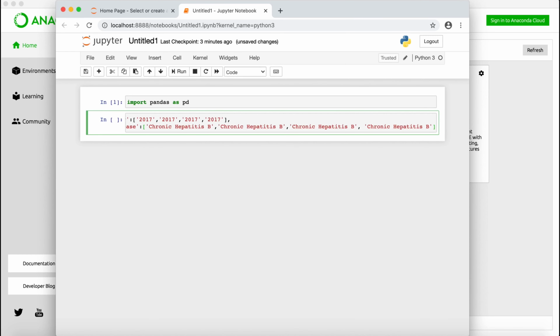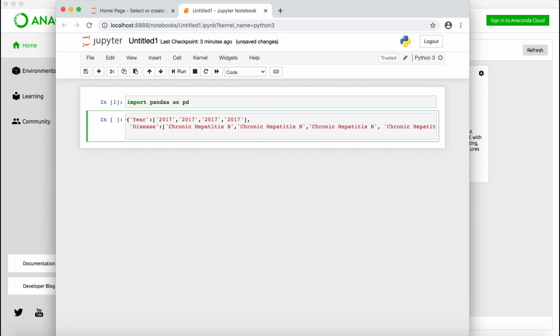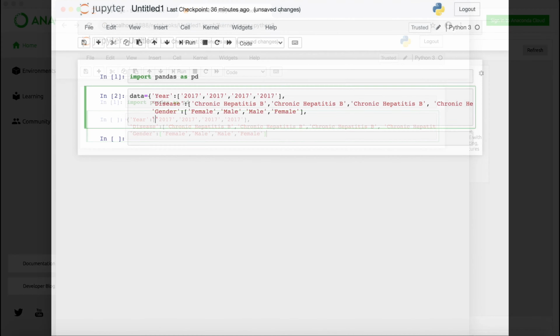And now we're done with that column. And we have our next column, gender, colon, open brackets. Let's say the first is female, second patient is male, the third patient is also another male, female. So these are all the inputs for this column, and to close it, the last column will be borough